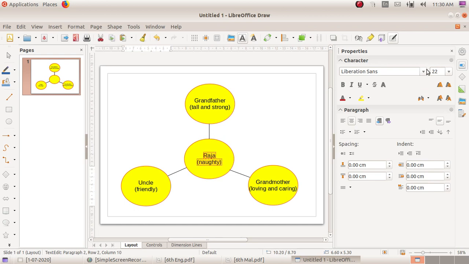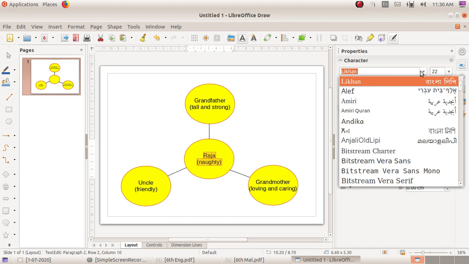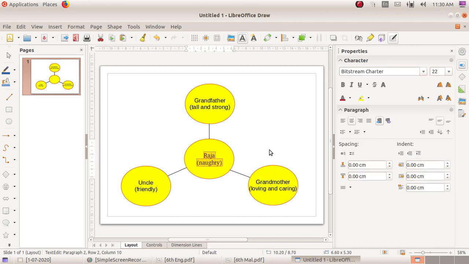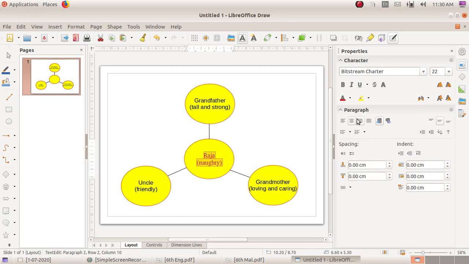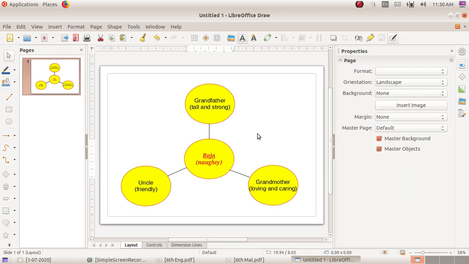First select the text and we can change the font name from here, and font color from here. Then we can bold the text and italic, underline, from this properties window. We created the concept map of Raja's family: Raja naughty, grandfather tall and strong, grandmother loving and caring, uncle friendly.